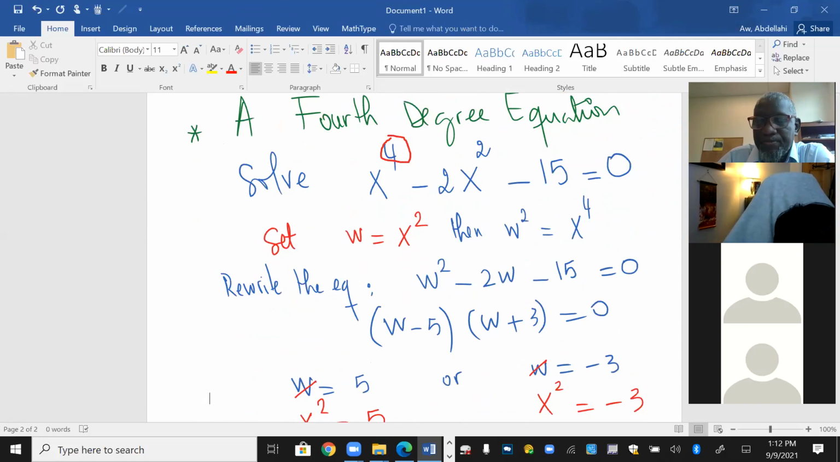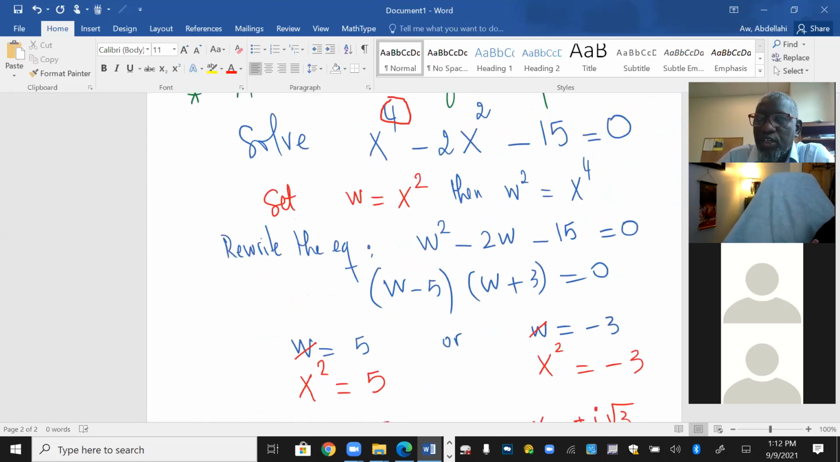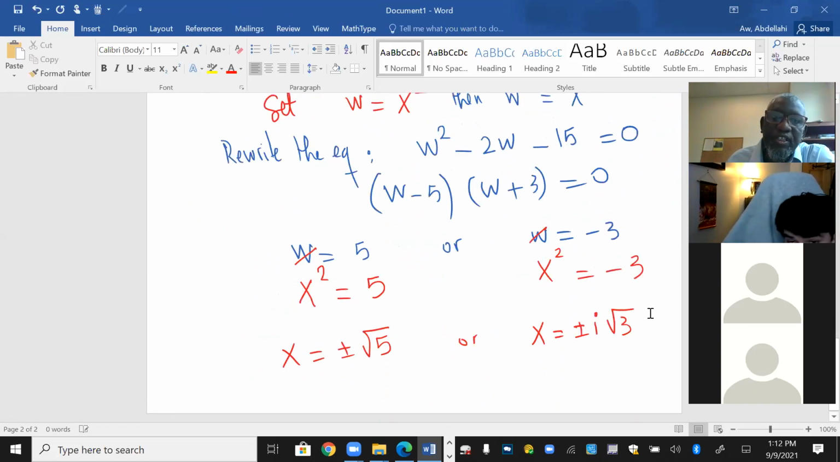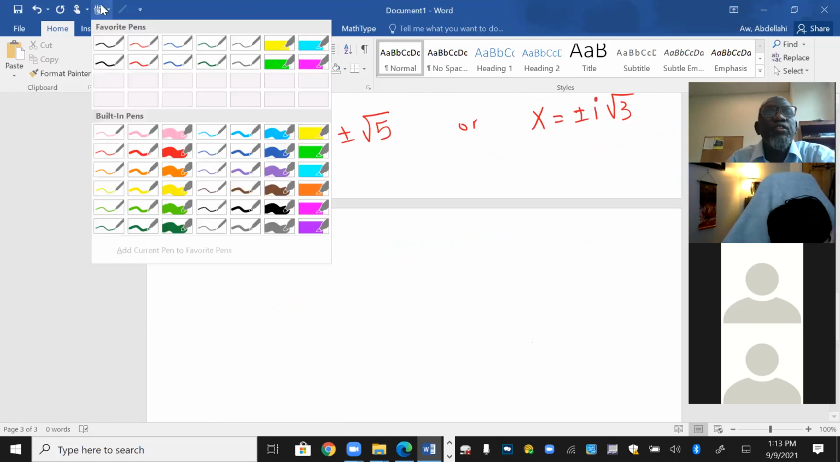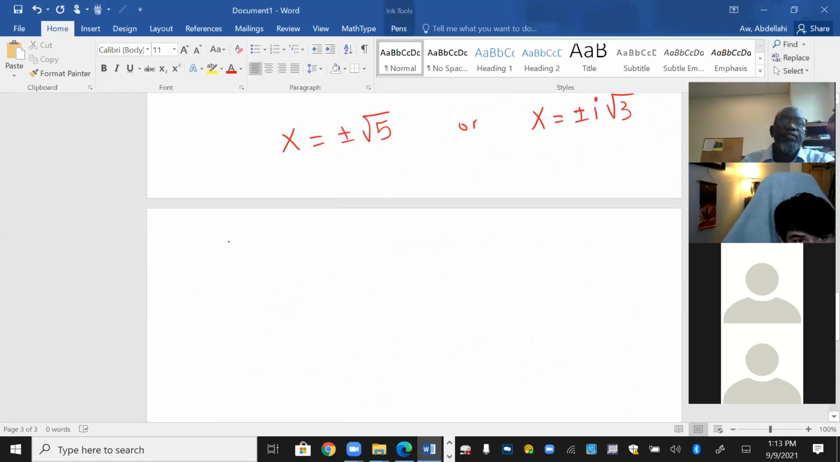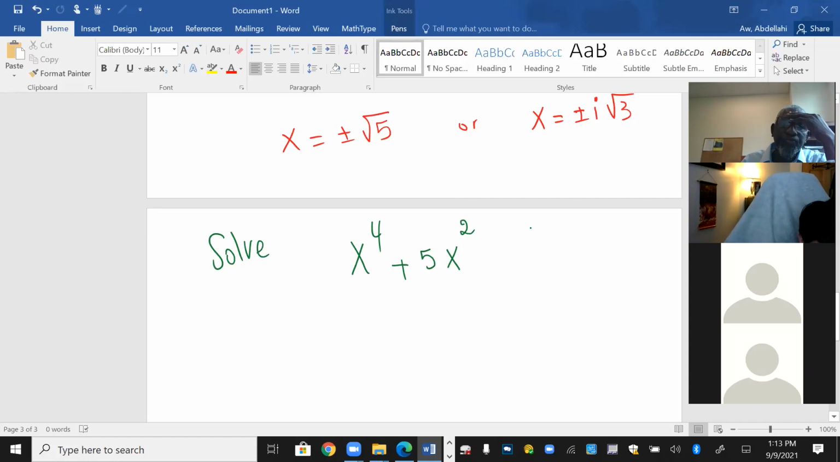Again, look what we did. We transformed a fourth degree equation into a second degree equation by relabeling, right? And we do that a lot in math. Okay, I'm going to give you this one to do. So solve x to the fourth plus 5x squared